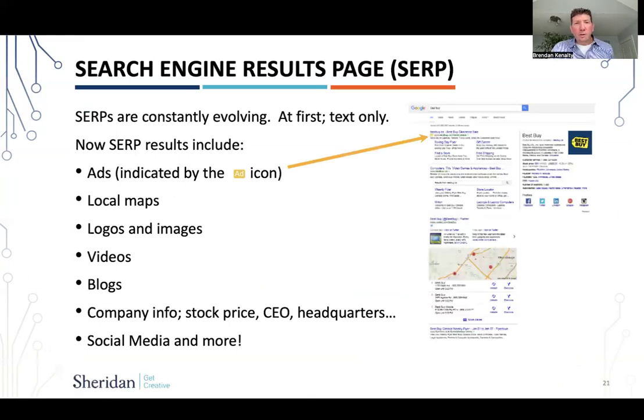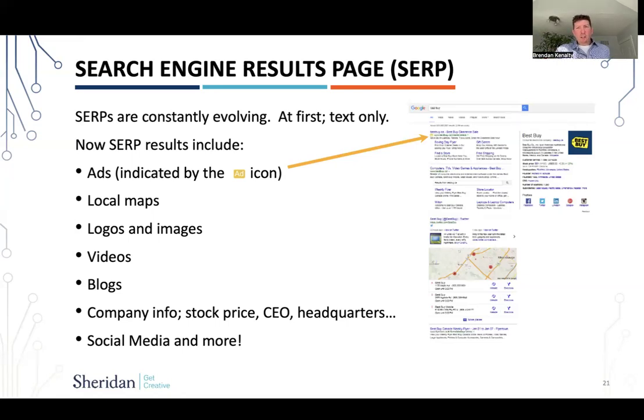So we call this the search engine results page. When you first put a query into the search bar on Google, you're shown a page, right? Now you could be on maps, you could be on shopping. There's all sorts of different areas now. But basically what you're seeing is the results that it's serving up to you based on what they think you're looking for, and what Google thinks is the best solution to the question or the product you're looking for. So again, that's the algorithm. That's where you do all sorts of things to help Google understand what you're good at, so that they show you to people.